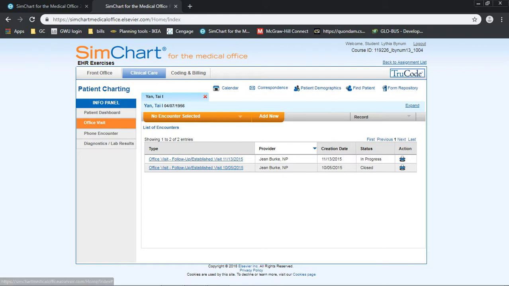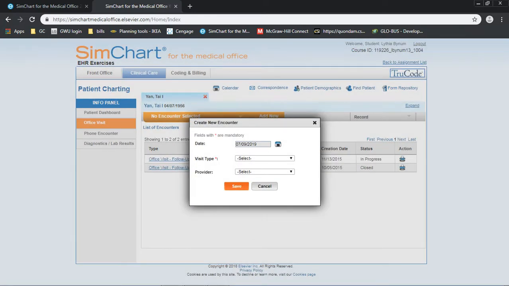If the date of service is not showing, or it is a simple occurrence where the patient has walked into the office and you need to document the patient education, then you will click on Add New Encounter. You will select the appropriate date, the type of visit,